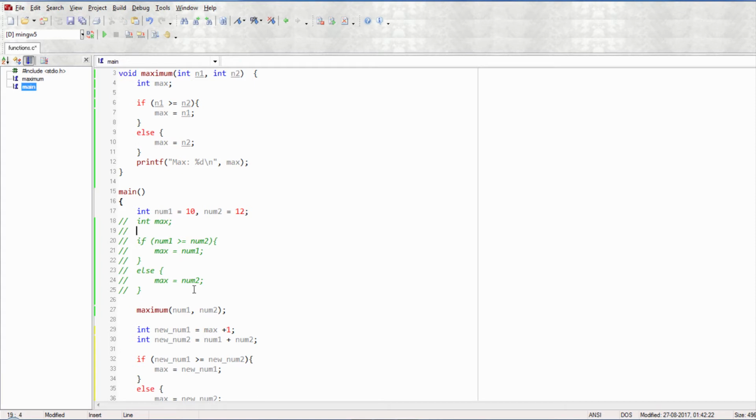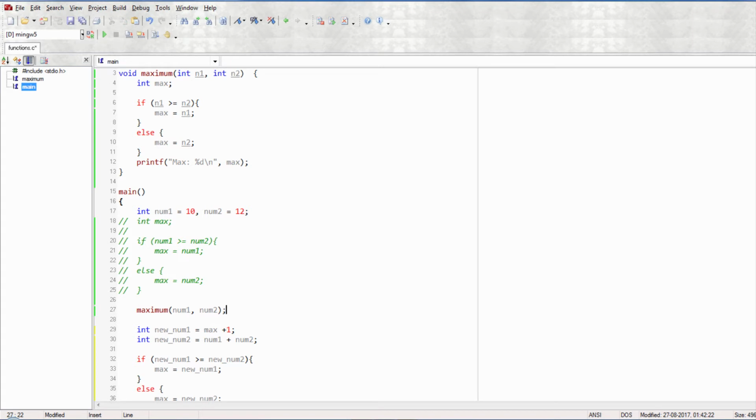So even though the maximum function is calculating the value, it's not returning anything back to you. So at this point here, when you've called it, even though the maximum function knows which is the greatest between the two numbers, you don't know that. So you can't use that value in this case because max is not present anymore